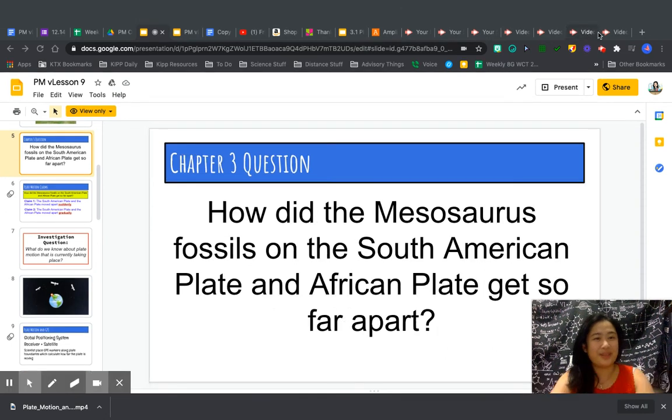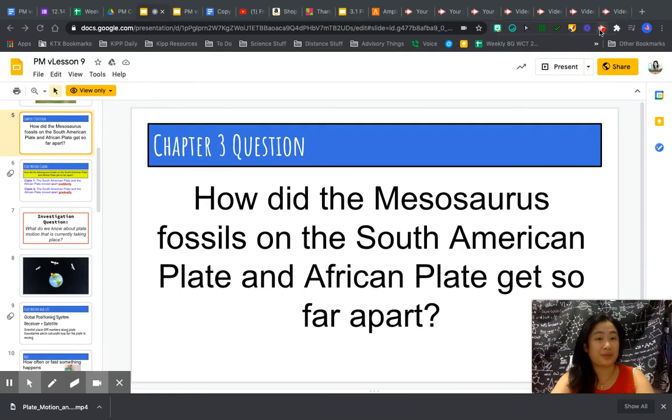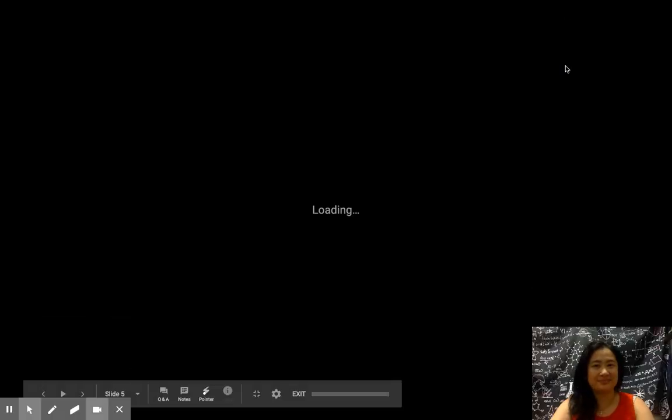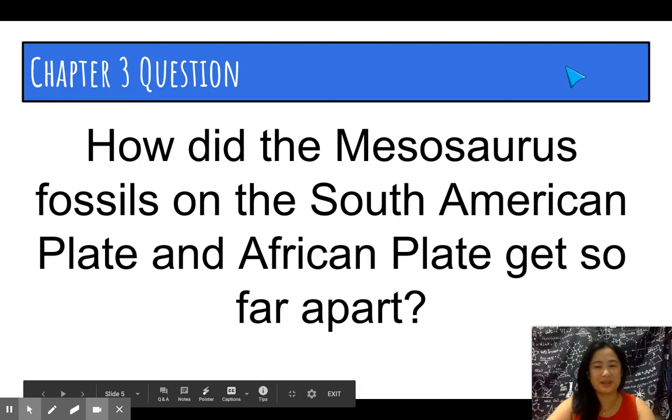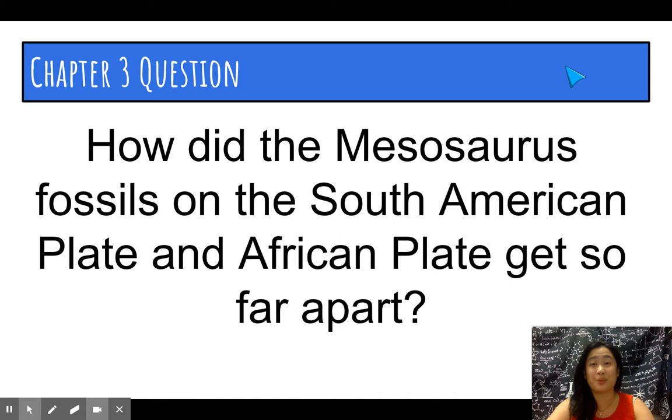Guys, so we have moved on to chapter 3. And our question is, how did the Mesosaurus fossils on the South American plate and the African plate get so far apart? So in chapter 1, we found out that Mesosaurus fossils are found on hard, solid rock